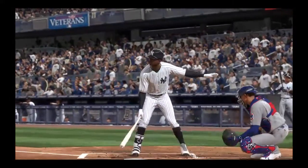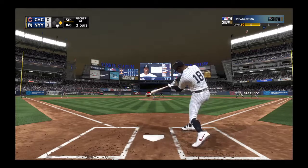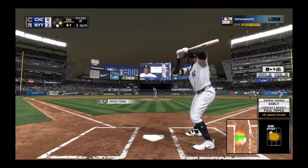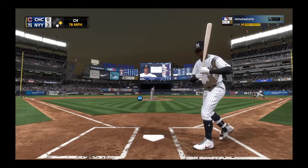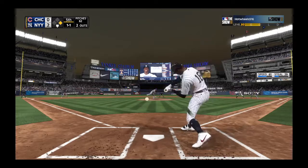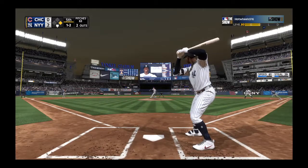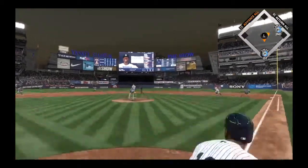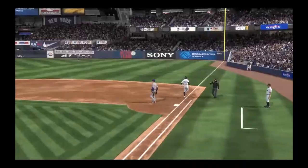Here's Didi Gregorius. He was able to reach base thanks to an error in his last at-bat. Ball one. And the reason he's working away so much here is because he's got that big hole on the right side of the infield to worry about. With the first baseman holding the runner on, it's always smart to pitch into the defense you have behind you. Throw to first in plenty of time, and the side is...